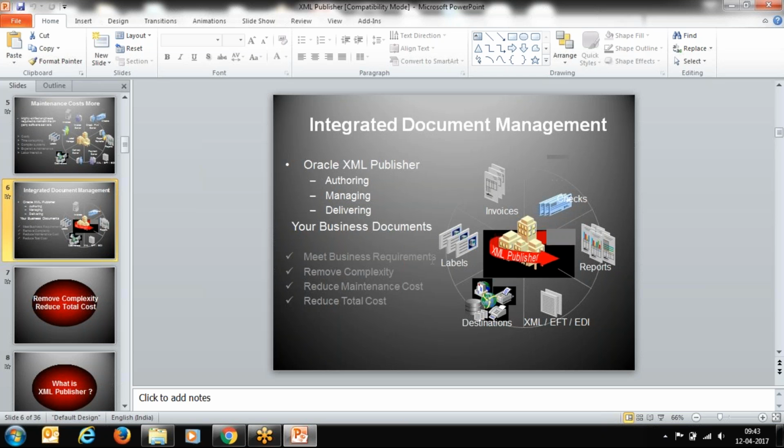tab or form, we can say. In that particular form we have certain codes which get executed while we are running XML Publisher. It is basically to remove the complexity of the system. In RDF, if you got a chance to work in RDF, creating a layout is very difficult in RDF, and if it requires